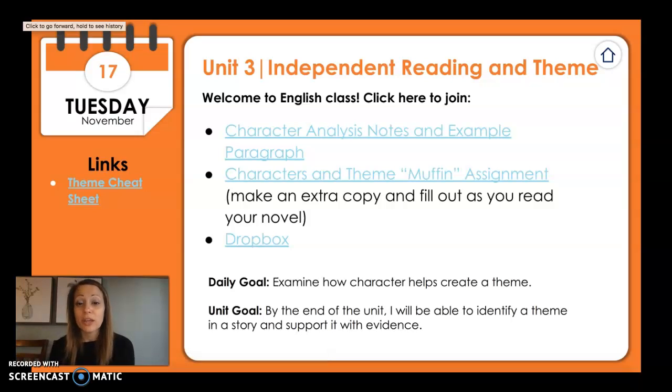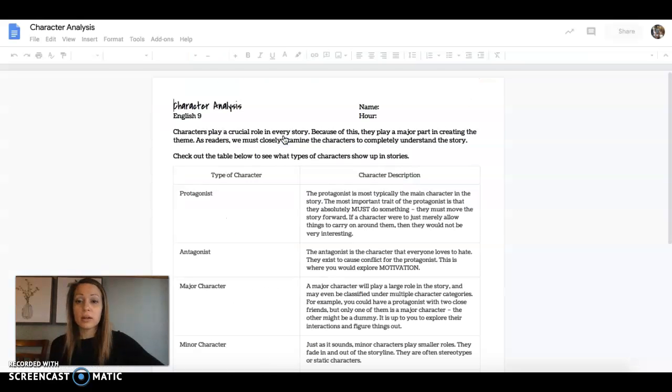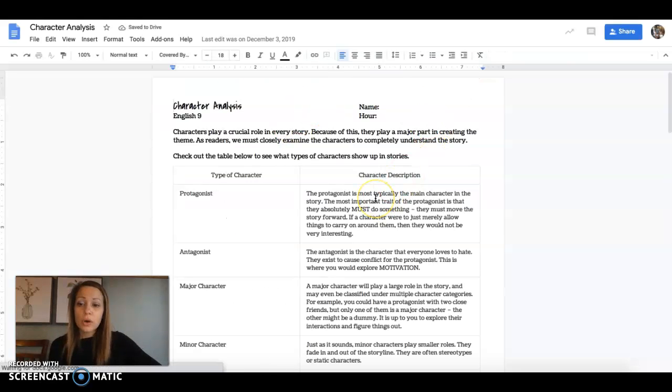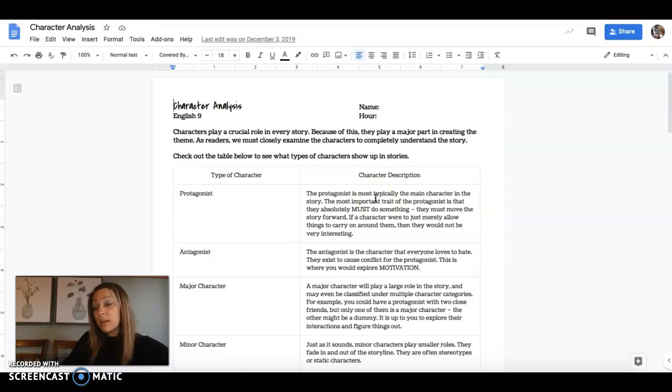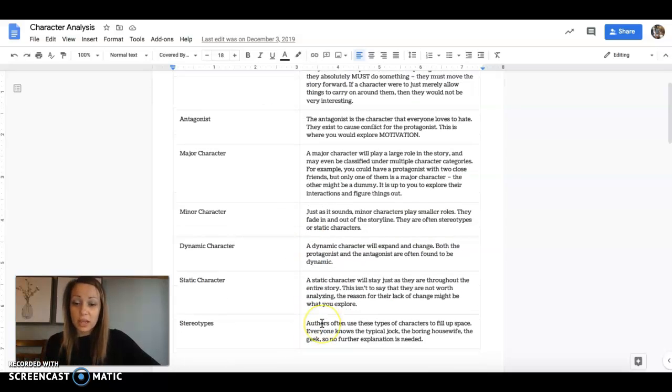Today you are going to be looking at characters and how characters help create themes. So the first thing that you need to look at is this link here. You have probably in middle school gone over words like protagonist, antagonist, major characters, minor characters. Those should be review things, but the definitions are here for you. So what you need to do is go through and look at this information that's on here, read through it